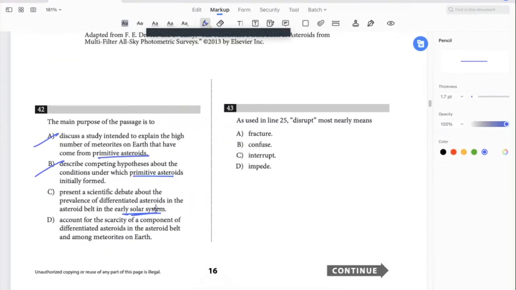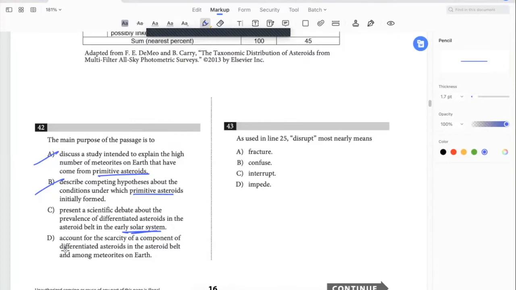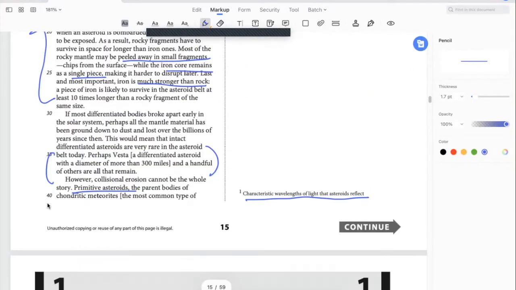Account for the scarcity of a component of differentiated asteroids in the asteroid belt and among meteorites on Earth. Okay, so this looks like a good answer because we do discuss the fact that there was a scarcity of differentiated asteroids in the asteroid belt and among meteorites, and the passage is concerned with why that could be. So I like D. As used in line 25, disrupt most nearly means